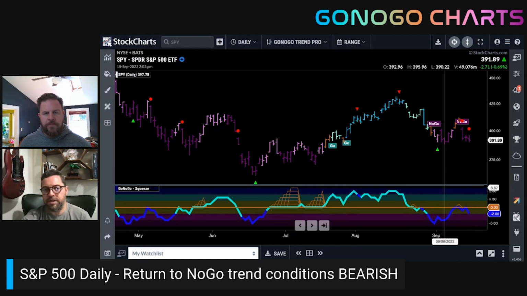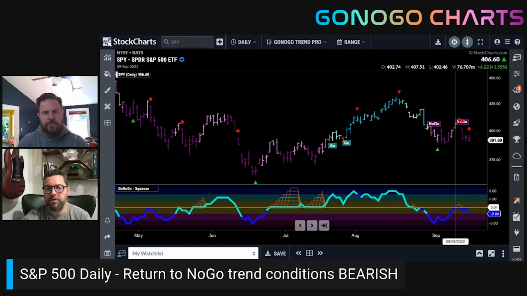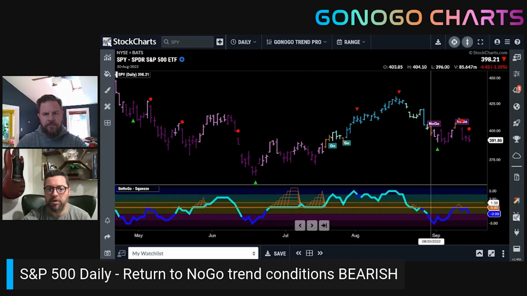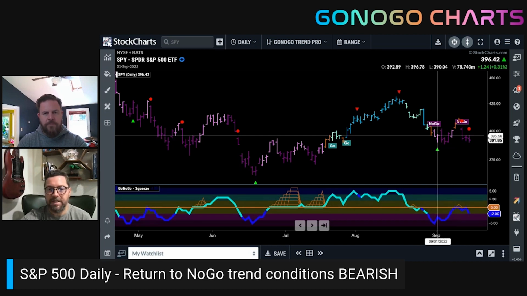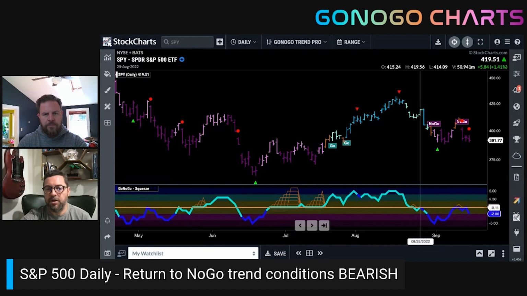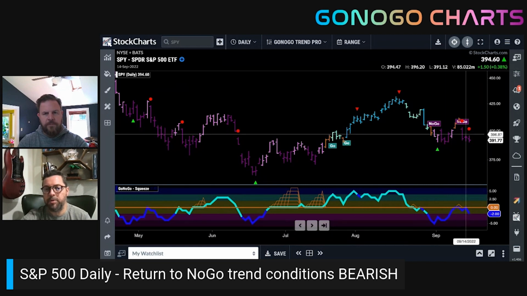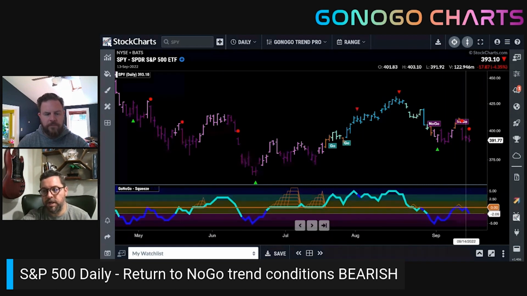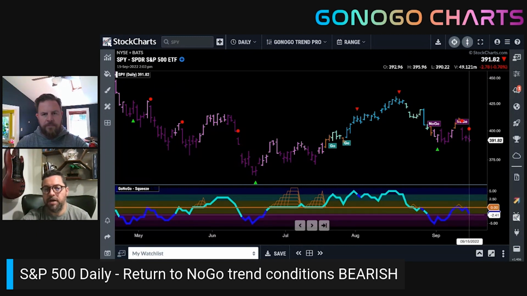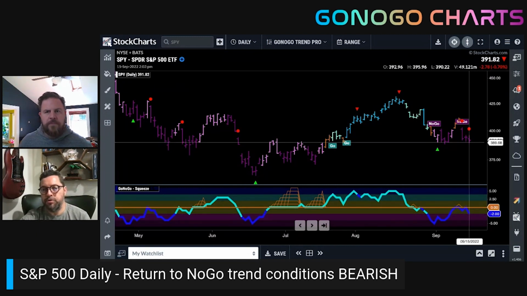And what's interesting was that as we rallied strongly, the oscillator quickly rose to the zero line, where we were able to watch to see if it would find resistance at that level. Remember, when you're in a trend, the zero line acts as an objective level of support and resistance. So when this no-go began, we could look to the zero line to act as resistance potentially if this no-go was to continue. And that's exactly what happened. We saw the oscillator get turned away from the zero line, still with heavy volume, as the no-go resumes.